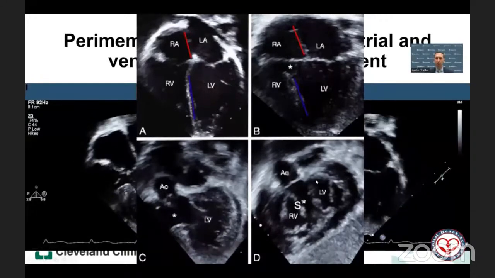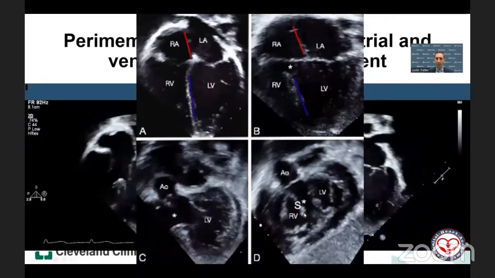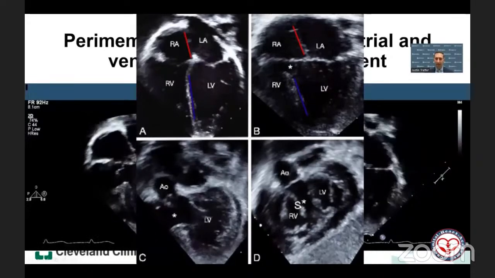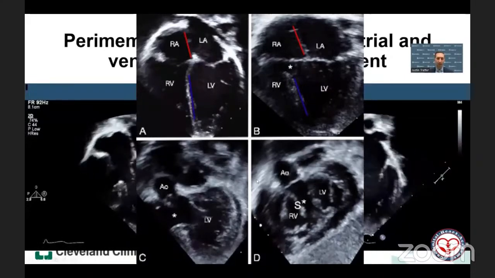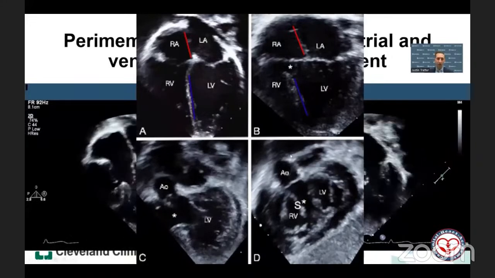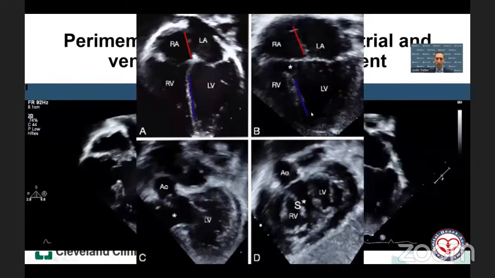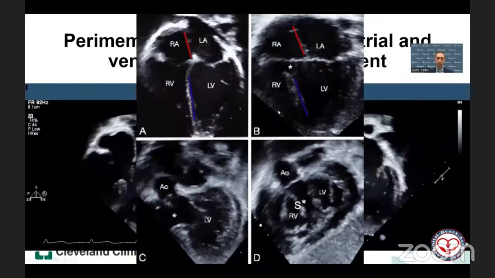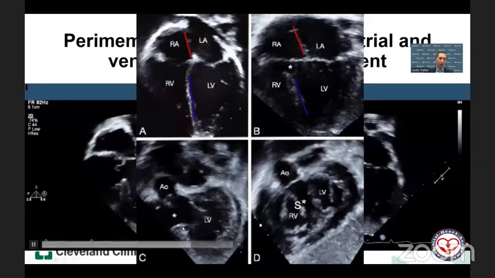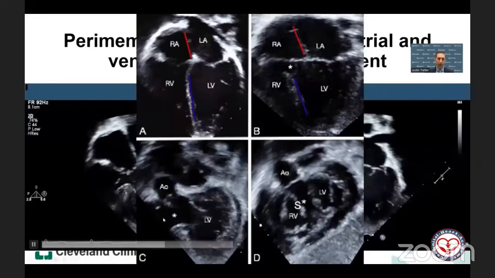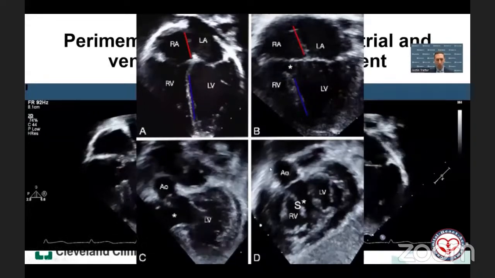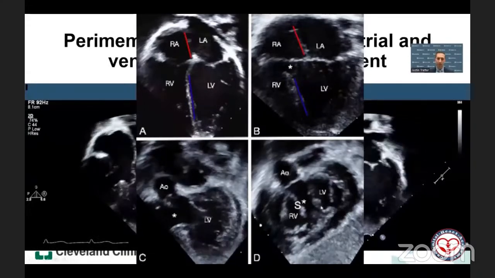This is about 10 to 15% of perimembranous inlet VSDs. And importantly, what this indicates, as was discussed, is that the conduction axis, instead of the AV node being found at the apex of the triangle of Koch, is displaced posteriorly and inferiorly where the crest of the septum meets the right AV junction. And we'll look at that in more detail.